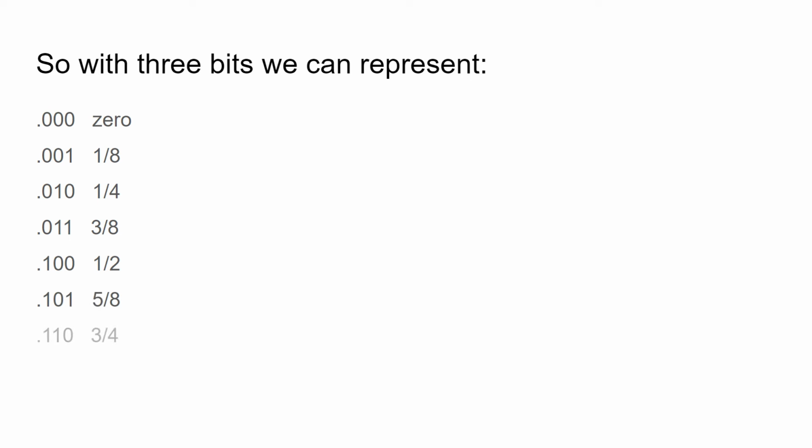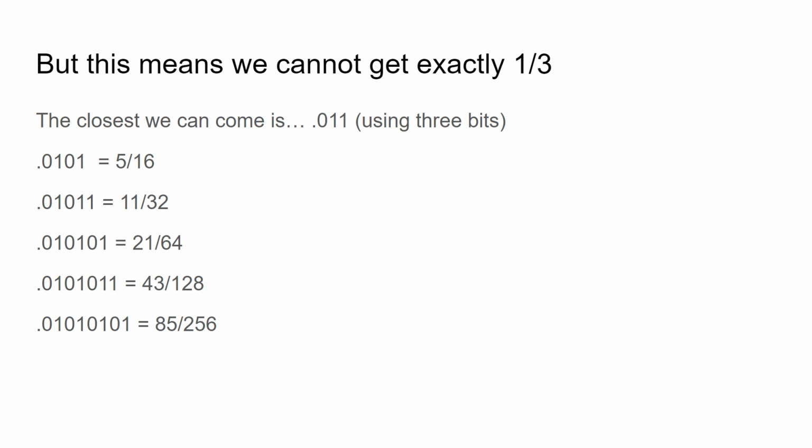We'll just look at binary representations of positive numbers, and with 3 bits, we can represent 0 or 1/8 or 1/4, which is 2/8, or 3/8, or 1/2, which is 4/8, or 5/8, or 3/4, which is 6/8, or 7/8. So 0/8 through 7/8, we can represent with 3 bits. Of course, that means that we cannot get exactly to any other number. So if we want to get 1/3, then the closest we can come is